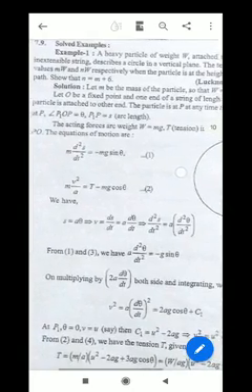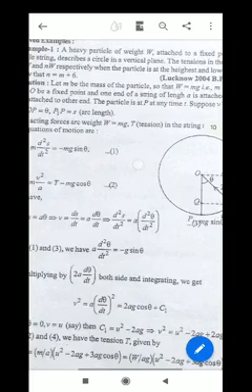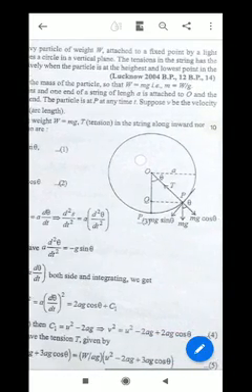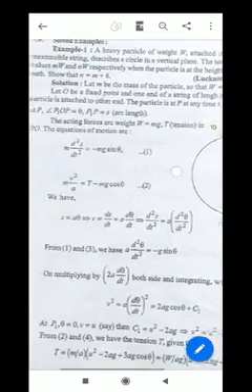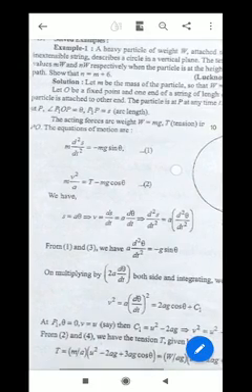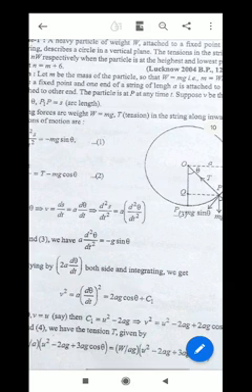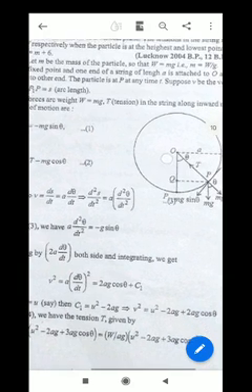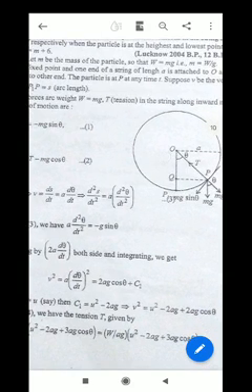The particle is at point P at any time t, and suppose that v be the velocity at P and angle P1OP equal to theta. So we have P1P equal to s. So this lowest point is P1 and at time t the particle is at point P, and this position makes angle theta with the initial position.